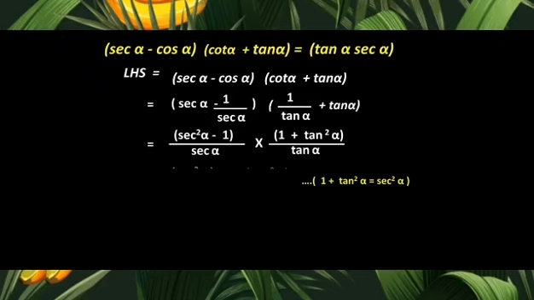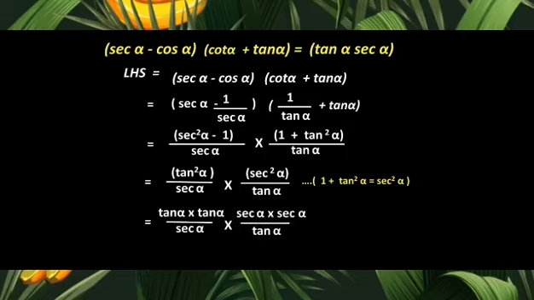Check it out. After replacing, you will come to know that we got two fractions with the multiplication sign between them, and sir told you whenever there are two fractions with the multiplication sign, you have to do numerator into numerator and then denominator into denominator, right? And if you can cancel the terms in the numerator and denominator, you can go ahead. Just you cannot cancel terms which are aside to each other. Keep it in mind. So presently that tan square alpha can be written as tan alpha into tan alpha, and similarly it goes with the sec alpha also.